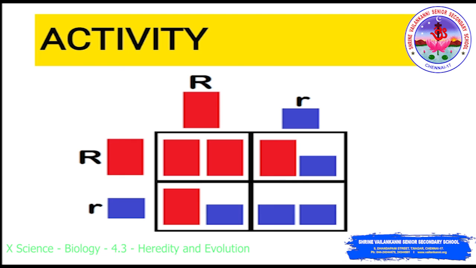Pick all the rectangles of one color and the squares of the other. Here the rectangles will be red and the squares blue. In this case, red represents the dominant allele and blue represents the recessive allele. Alternatively, you could simply cut 2 different colors of cardstock into rectangles and squares. Also make handouts of a Punnett square large enough to fit 2 blocks into each section. This is the activity to be carried out by you students. Understand the concept, do the activity using the cardboard, and send it in the biology class. Thank you.